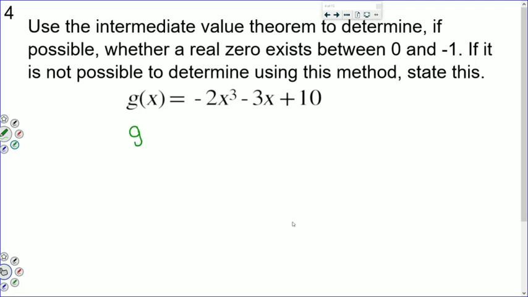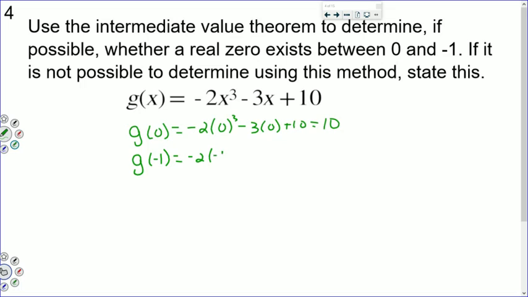So g of 0 is, let's see, -2x cubed. So -2 times 0 cubed minus 3 times 0 plus 10. Well, this is going to be 0, 0 plus 10. So we're going to get g of 0 is 10. g of -1 is